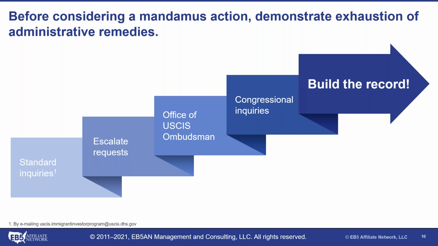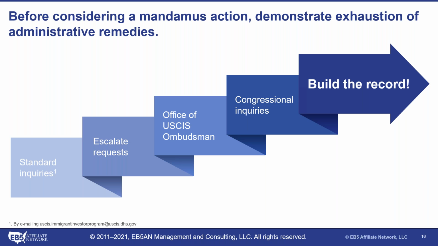Great. Importantly, we're going to be talking about three different things. There'll be a slide that comes up: mandamus relief with respect to I-526 petitions, mandamus relief with respect to those on the adjustment of status, and what considerations, if any, for those that are sitting at the consulate level, and if there is anything that we can even do at that point. So we'll mention that, though. I will say that our options are very low on the last part, which is the consulate side.